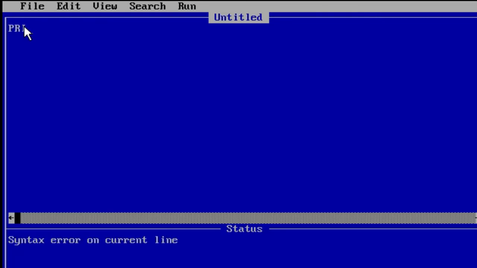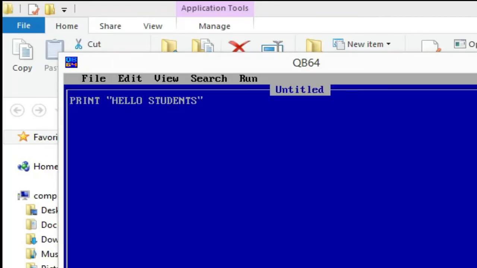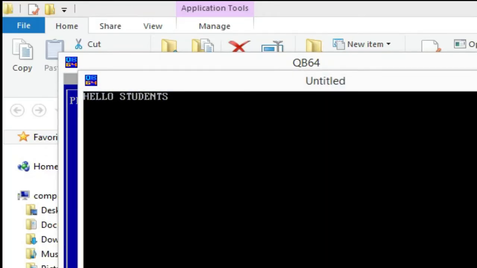print, and double inverted comma, then hello students. Then click on Run and then click on Start.